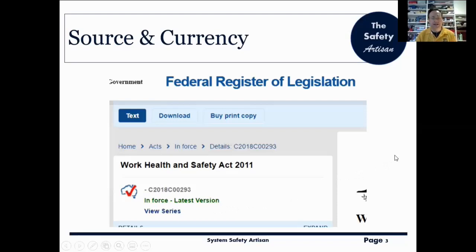So I looked at the website today, 6th of October, and this is the latest version. So just to make sure that we've got the right version. And in Australia, the jurisdiction of which version of the Act is in place is complex. I'm not going to talk about that in the short session, but I will in the full video later on.